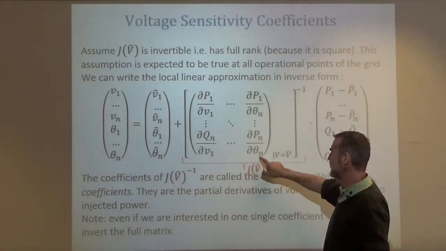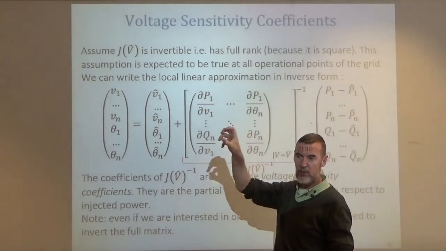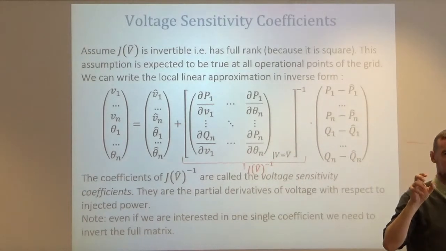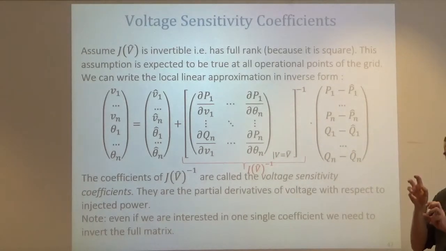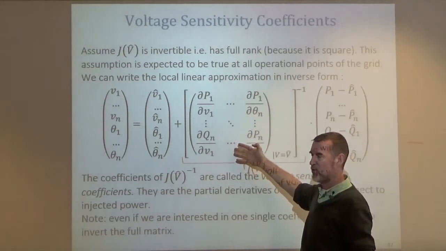But the bad news is that very often we're interested in only one sensitivity coefficient. There's one bus where the voltage is too high, and there's one bus where I have a battery, I can do something. So I'm interested in only those sensitivity coefficients. But to find them, we need to invert the whole matrix, as you know,